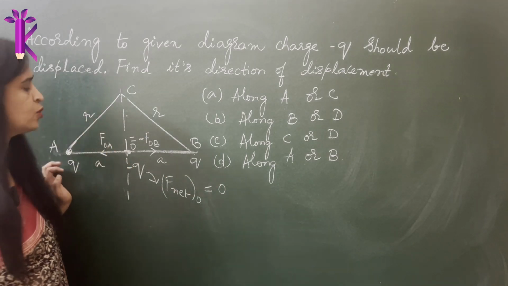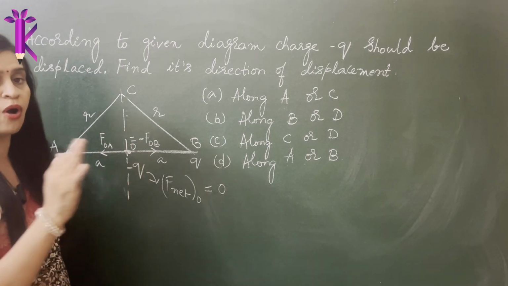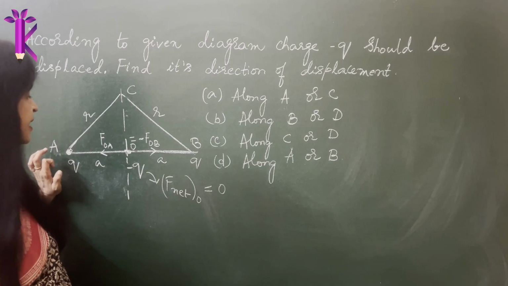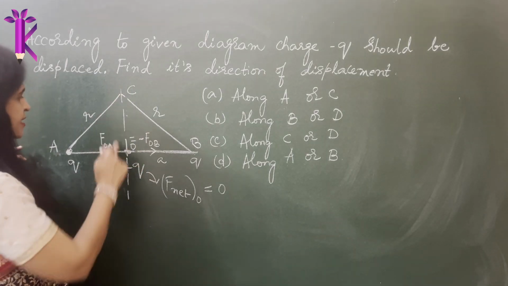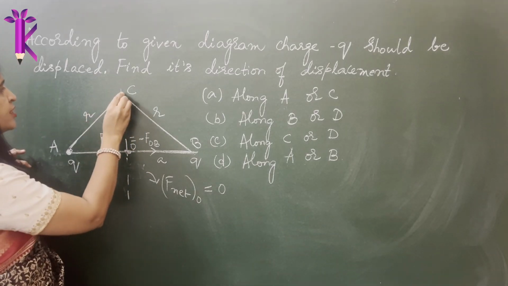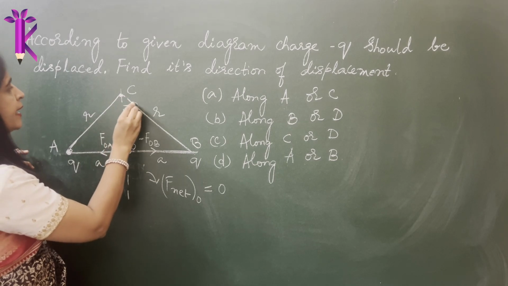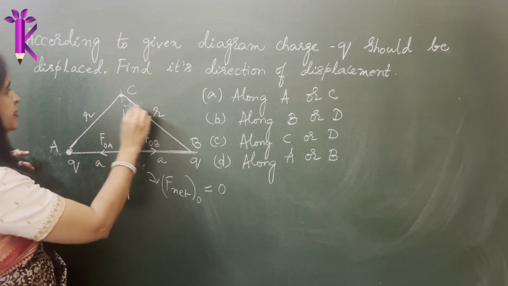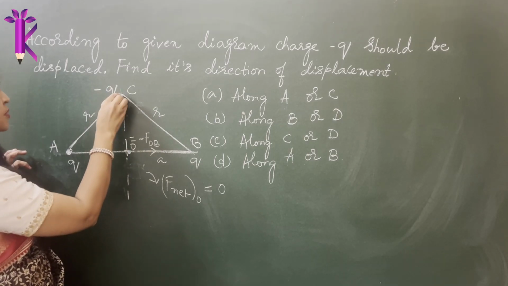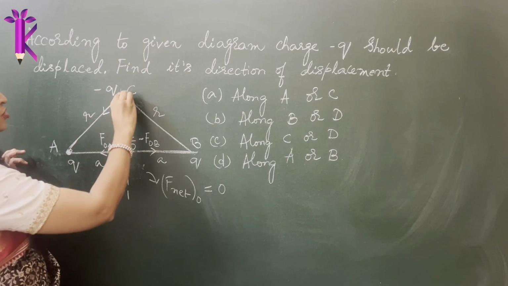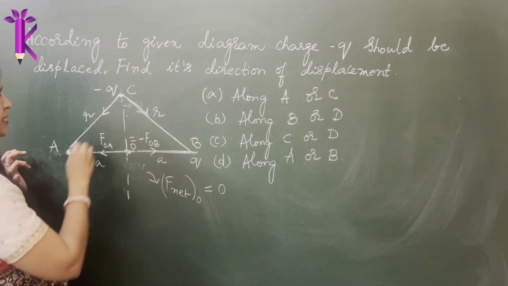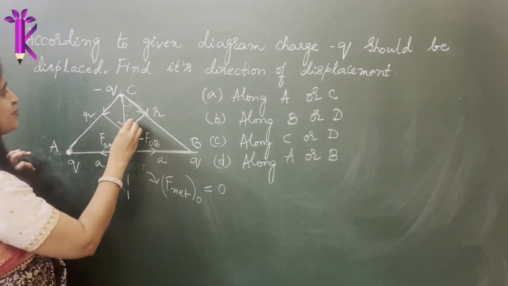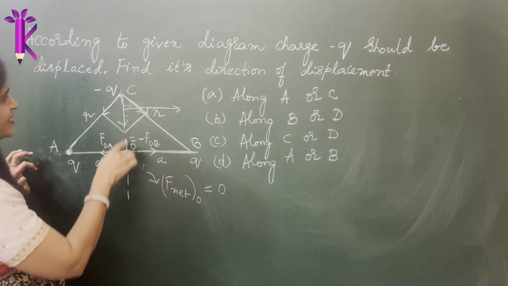Now they want you to figure out where to keep this charge so that it would get displaced due to these two charges. Let's see. Now since they have a perpendicular bisector and since they have a point C, let me keep it along at the point minus C. So what will happen if I keep this charge here? It will experience some attraction in this direction. It will experience some attraction due to this charge in this direction. So the net resultant force, complete the parallelogram. So the net resultant force will act along this direction.